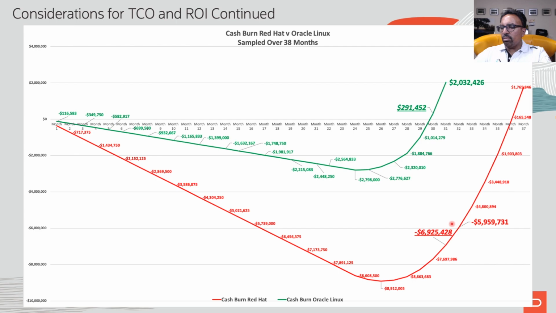At the same point, with Red Hat, you're still $5.9 million in the red. You've still not got your money back. It means you're still not going to get your money back until you get to, in this case, I think month 37. So this is an important curve to look at, because if you can forecast, like you can here